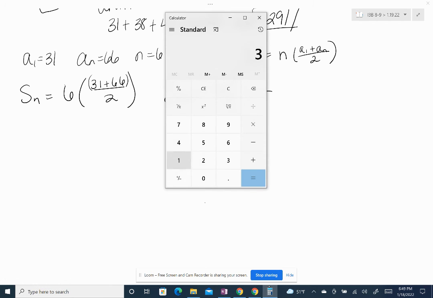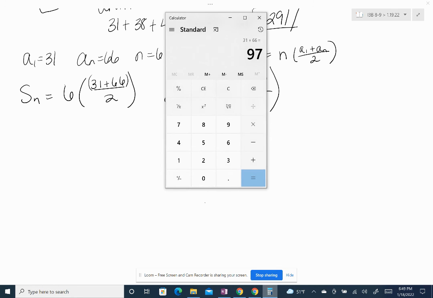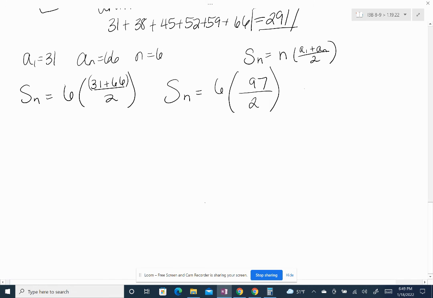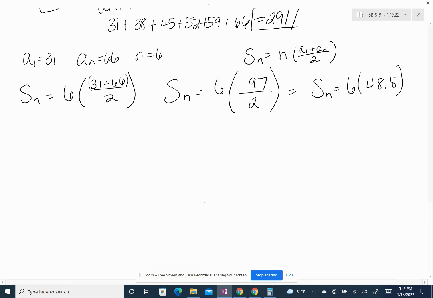So 31 plus 66 gives me 97. Divided by 2 gives me 48.5. Multiply that by 6, and we get